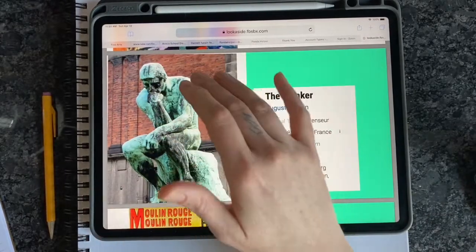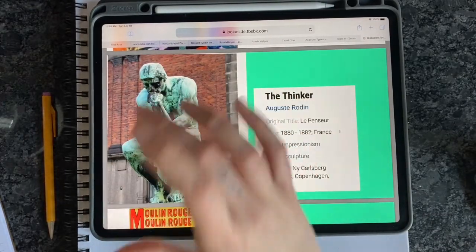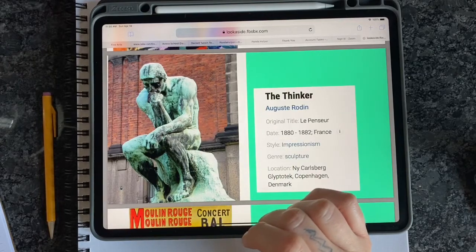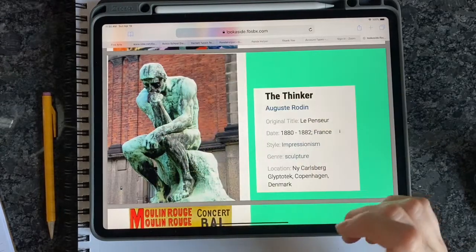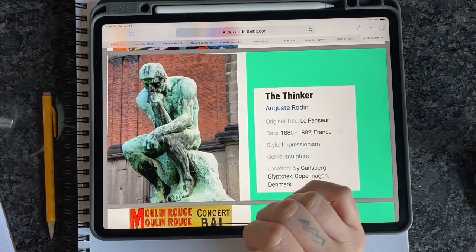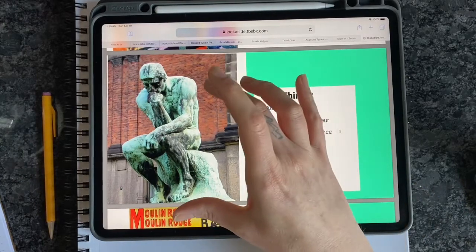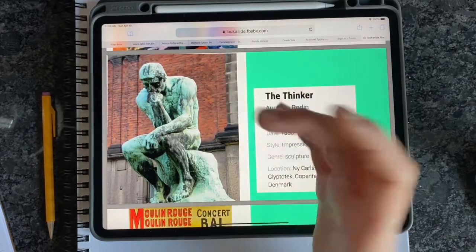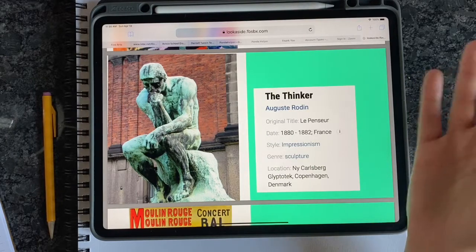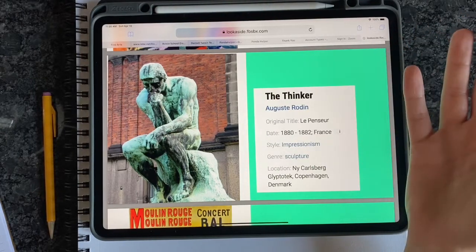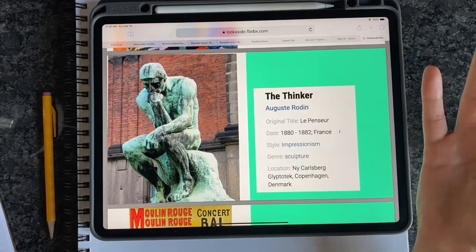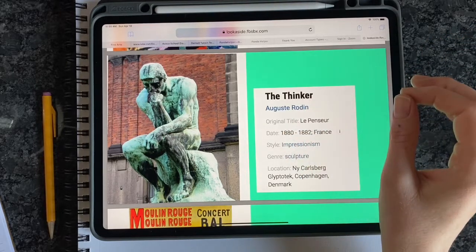Is it going to be the composition? Is it going to be the direct imagery? Am I going to copy the person's stance and then put them in a different setting? How am I going to make this artwork have a new meaning based on my own views and opinions of the world? It can be about coronavirus, but it does not have to be. It's really up to you.